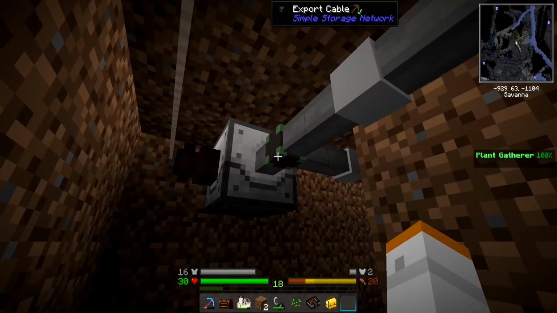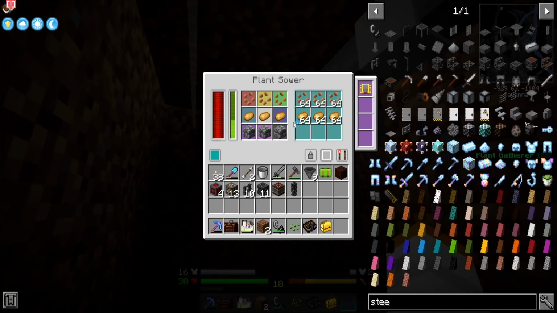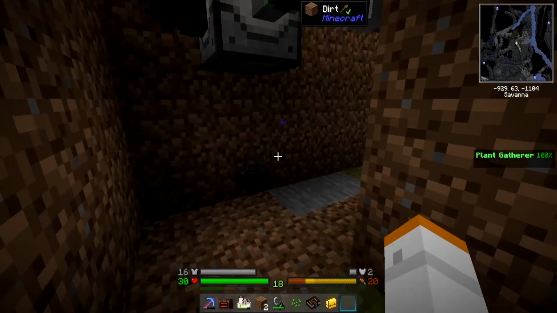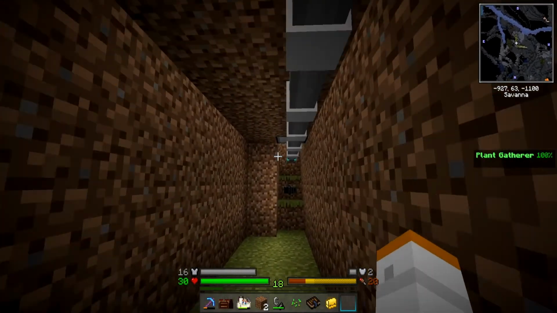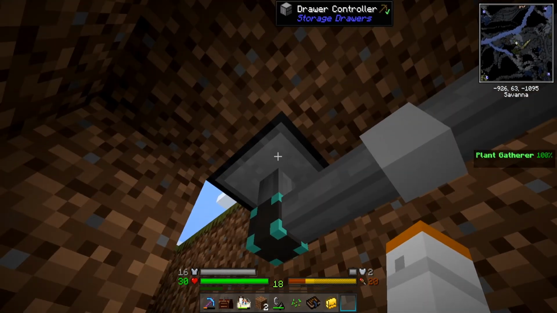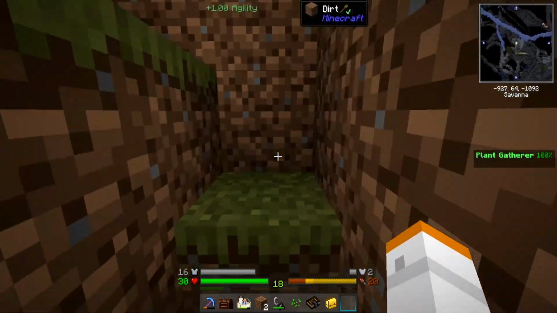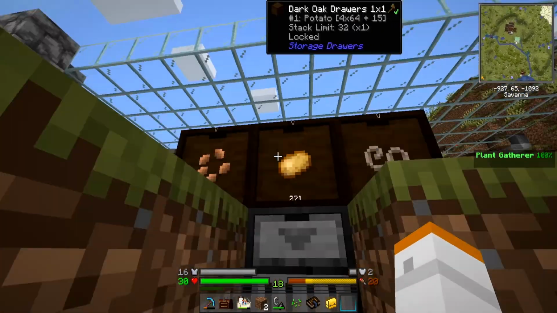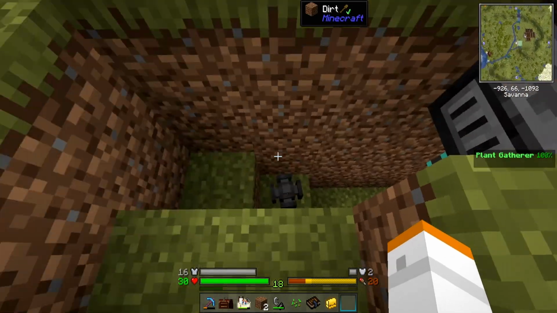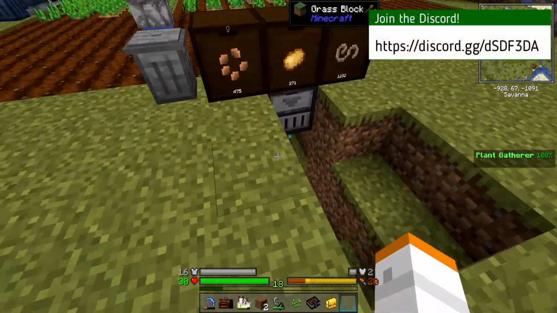So I have an export cable here that is set to export the hemp and the potatoes into this little plant sower so that we're keeping that well stocked. And then the cable is wandering all the way over here to a drawer controller that has a link cable on the bottom of it so that it can pull in and pull out things from that point. And of course, we have a couple of storage drawers sitting here. I haven't filled this hole in yet, mainly because I'm not quite certain if I'm done with this,